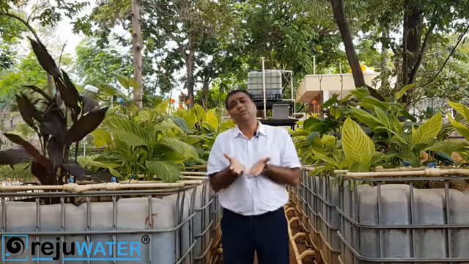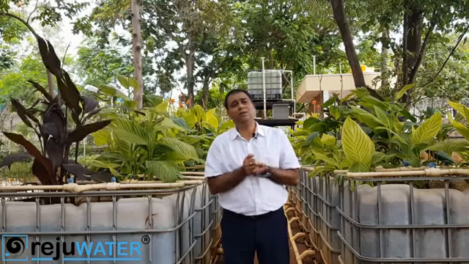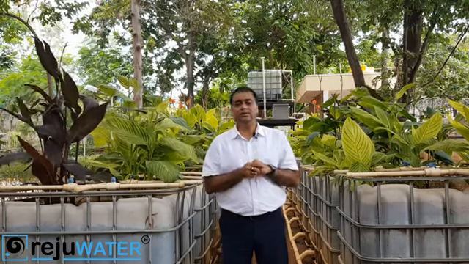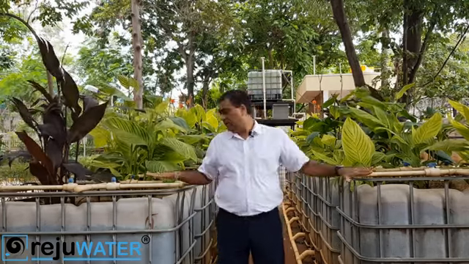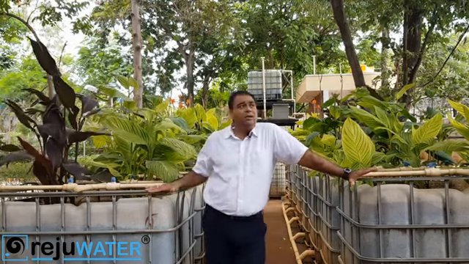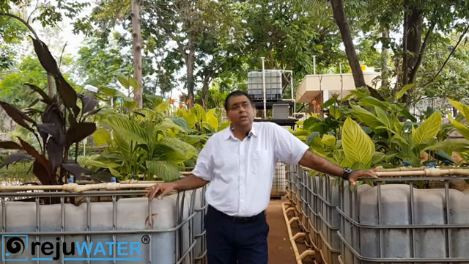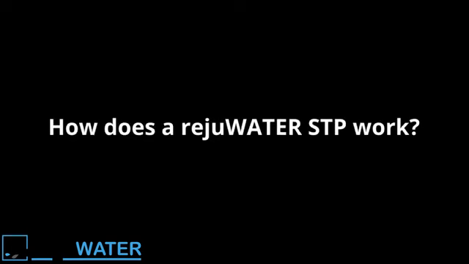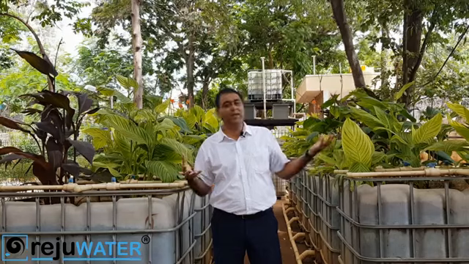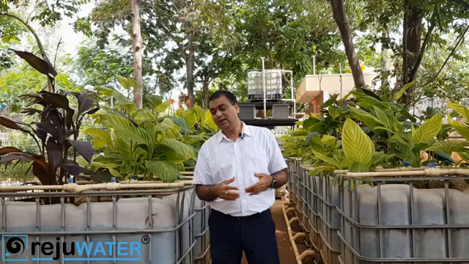So, the whole idea is to raise the dissolved oxygen and then leave it into the river. When you raise the dissolved oxygen, even if you leave the treated water into the rivers, it is not going to make much of a difference. So, here in our STP, all these plants are adding dissolved oxygen into the water. It is just the soil and the plants and the sunlight that does its magic